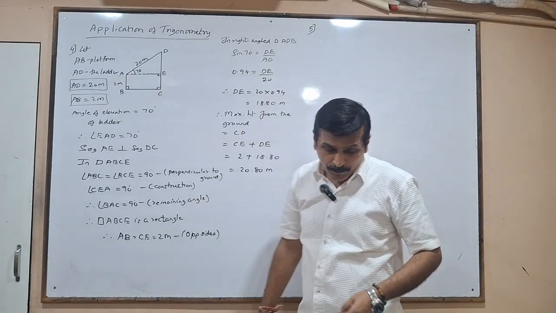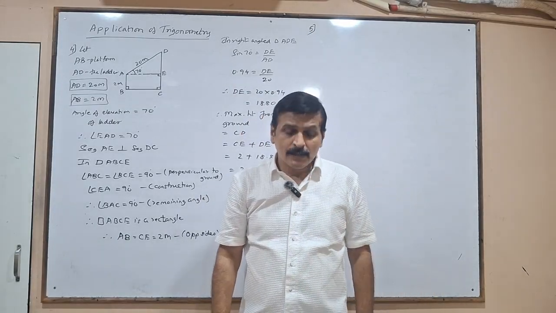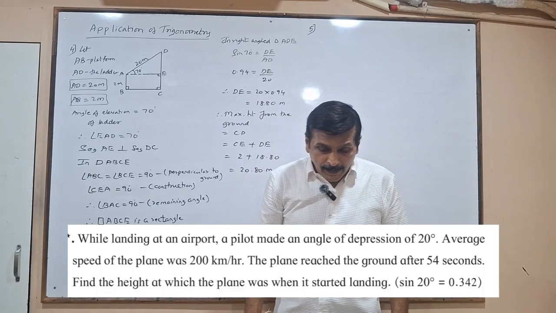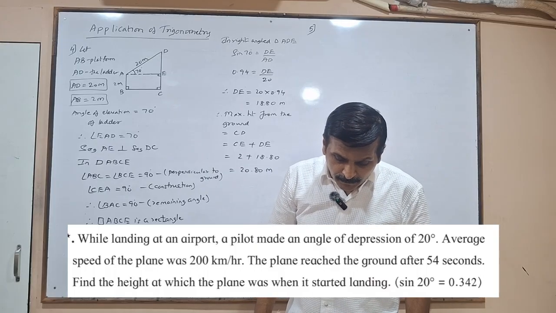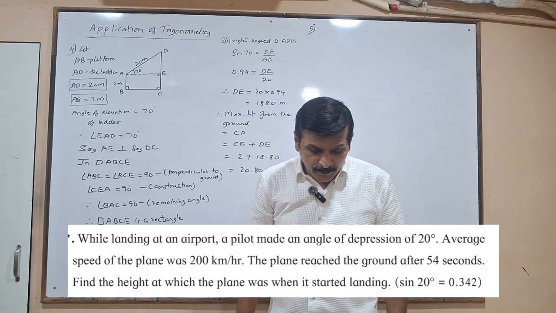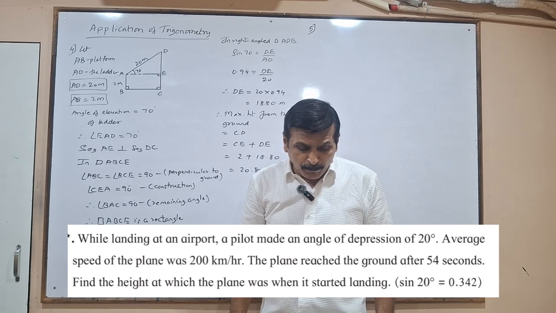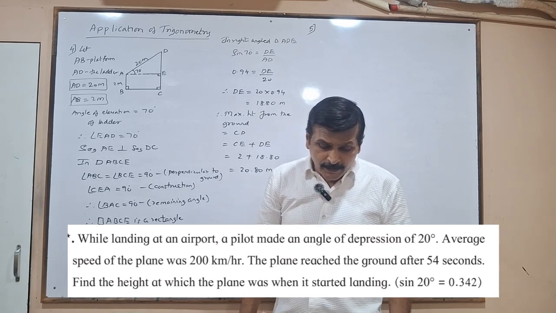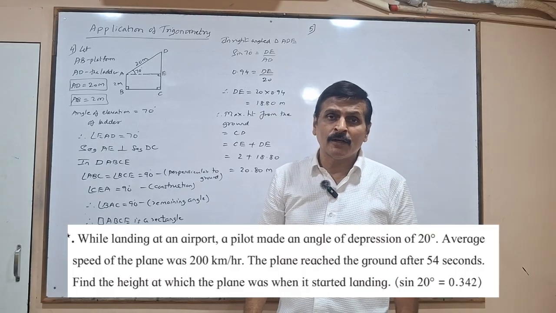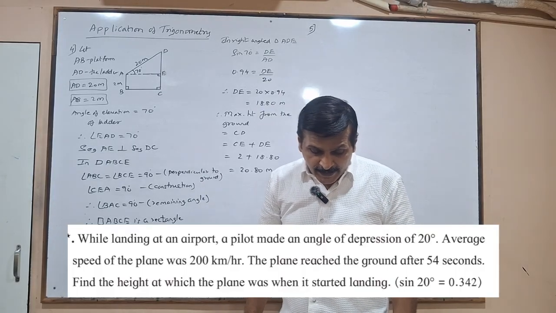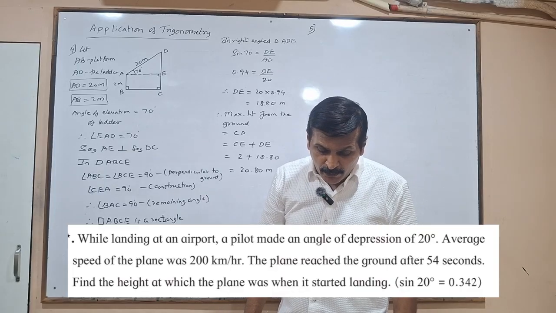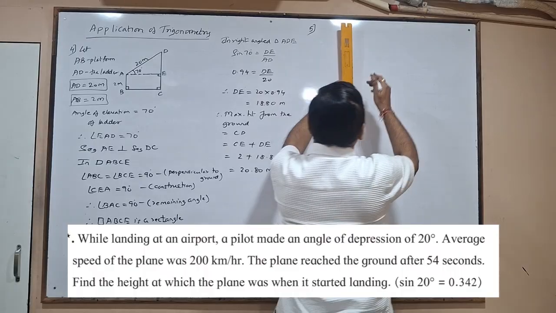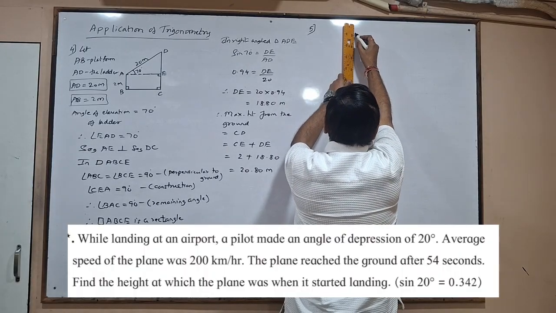question number 5. Question says, while landing at an airport, a pilot made an angle of depression of 20 degree. Average speed of the plane was 200 km per hour. The plane reached the ground after 54 seconds. Find the height at which the plane was when it started landing. Height at which the plane was. So obviously,